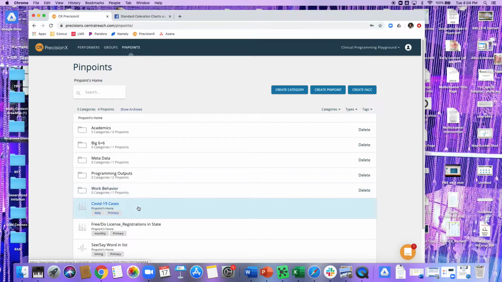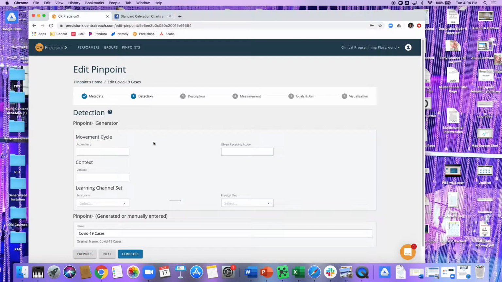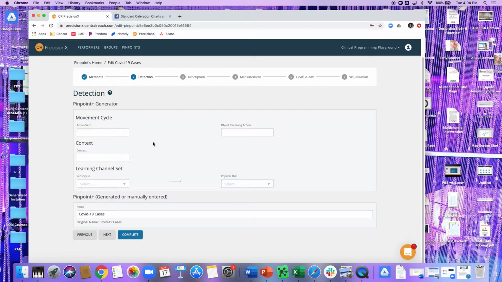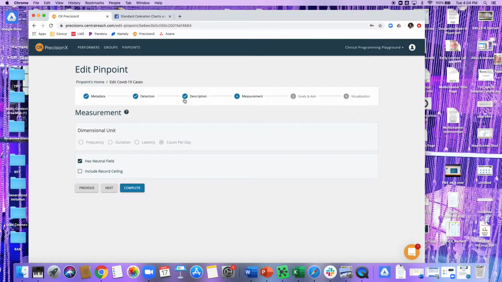I've already created pinpoints, so I'm just going to tell you the data that I entered for mine. I'm not following the traditional PT conventions and stuff like that. I just put in COVID-19 cases. I didn't enter a description because I was doing this quickly, but you can if you're really detailed and thorough. We're looking at count per day, and I want to include a neutral field